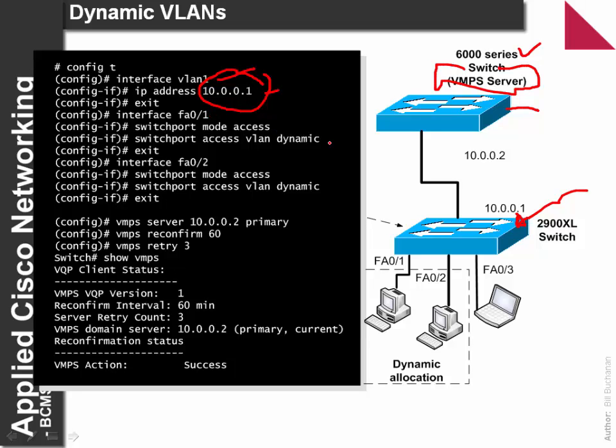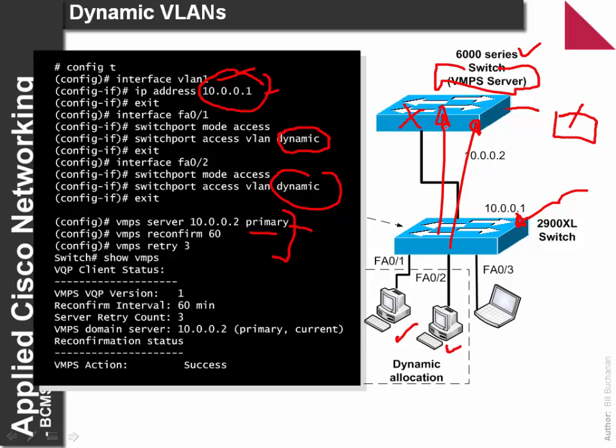Then we say that the VLAN allocation is dynamic for the two ports that we have here, 1 and 2. And then we define the VMPS server. In this case it is the .2 machine, which is the switch. As this is so important, if there was a failure on the switch, then we typically define a secondary VMPS server. So in this case, this is the primary, and the system will try this switch first. If we define a secondary, then it would go to the other machine.